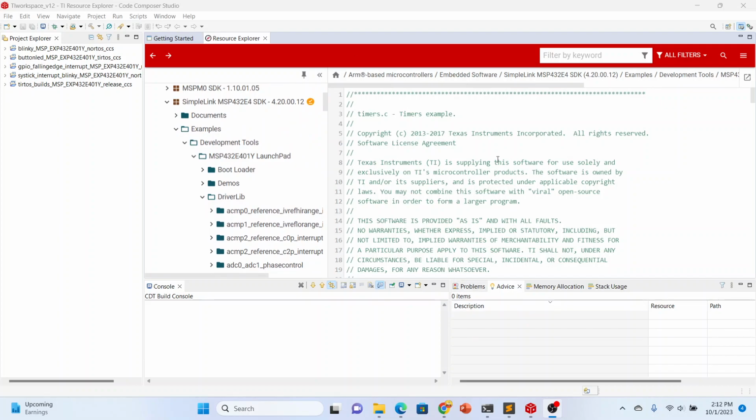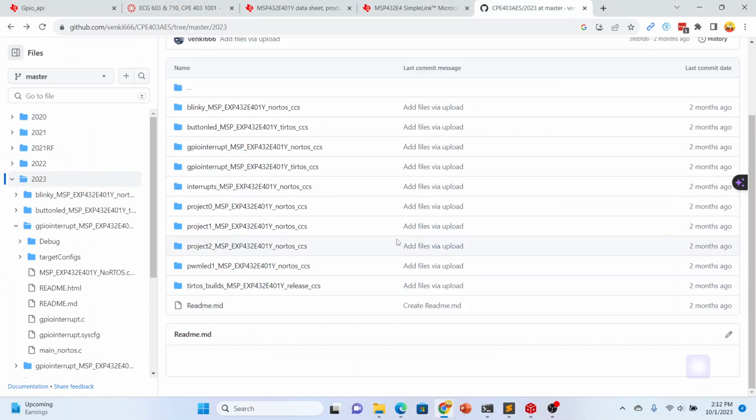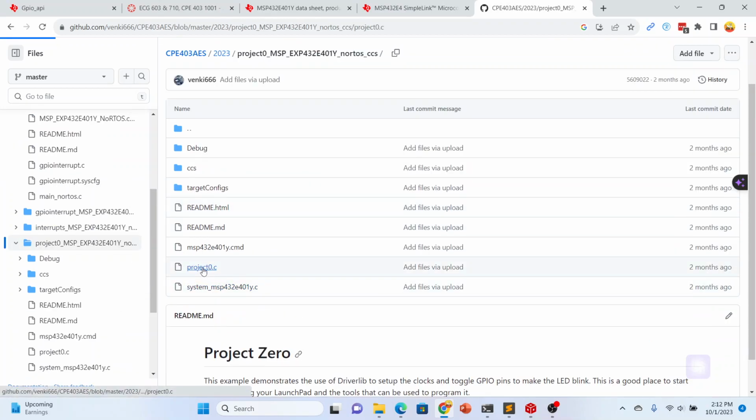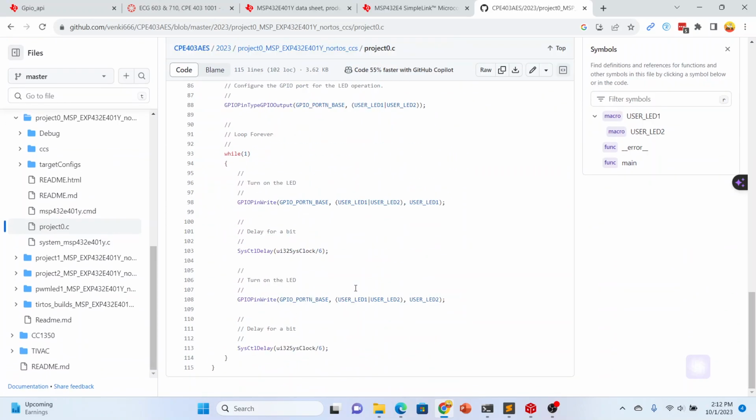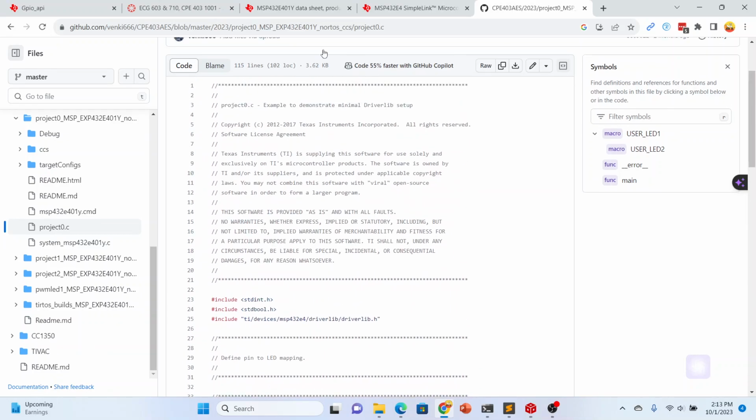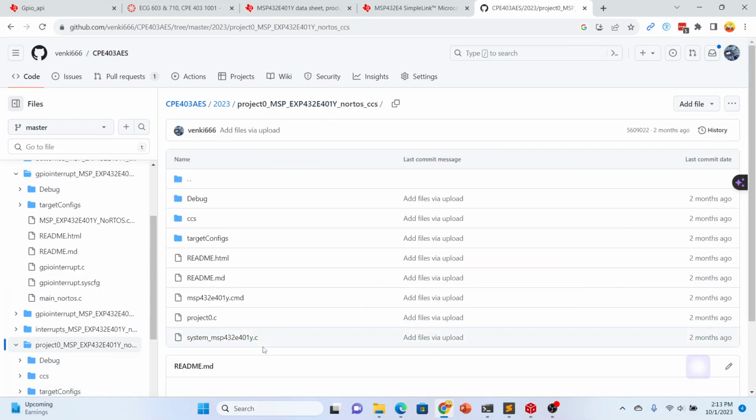So for this, what I'm going to refer to is our GitHub page. If you go to this GitHub page, you're going to see some examples on the project 0. I picked up these examples, and this example is basically the Blinky, and this one actually uses the driver lib. You can also